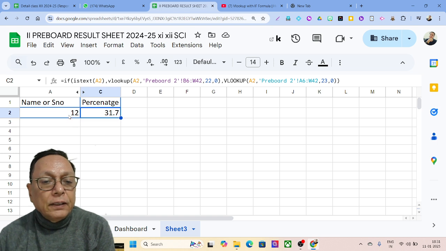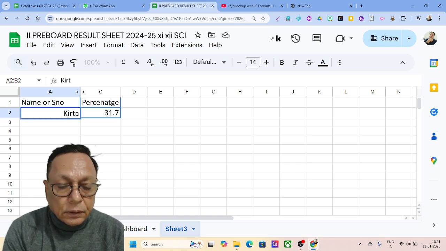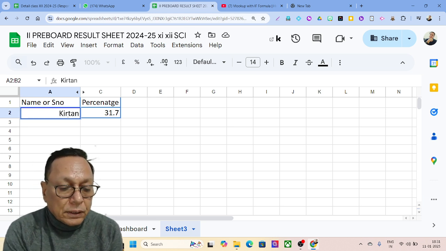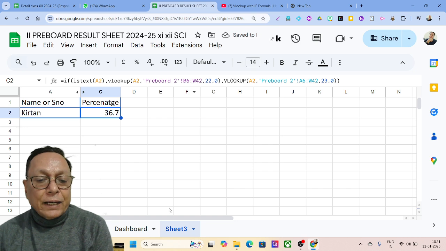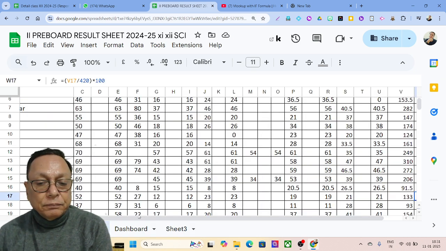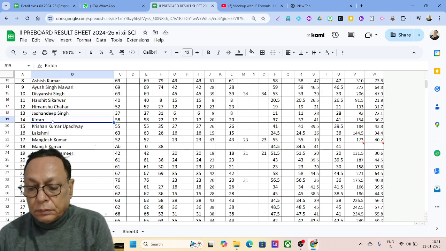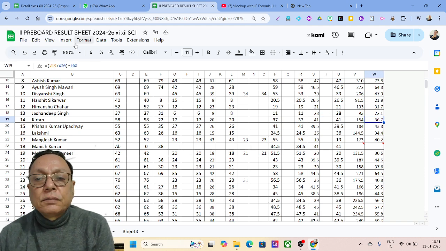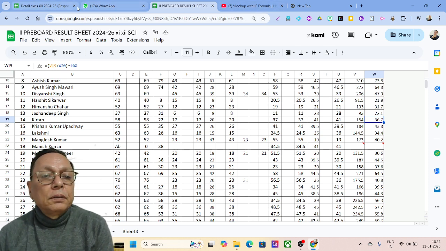So if I give here say Kirtan, what happens? Let's say 36.7. So the exact value is matched, and it will give Kirtan. So this is 36.7. So here, with the help of VLOOKUP,